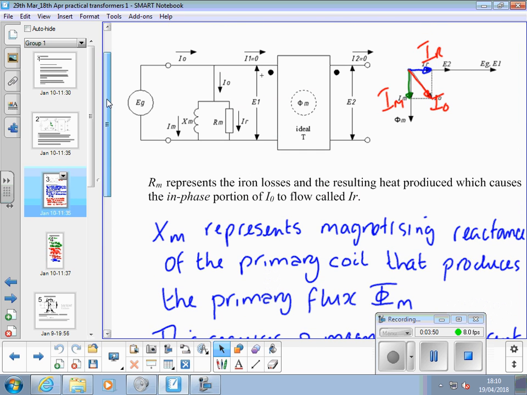What we've got is overall current flowing when the secondary is disconnected. Part of that